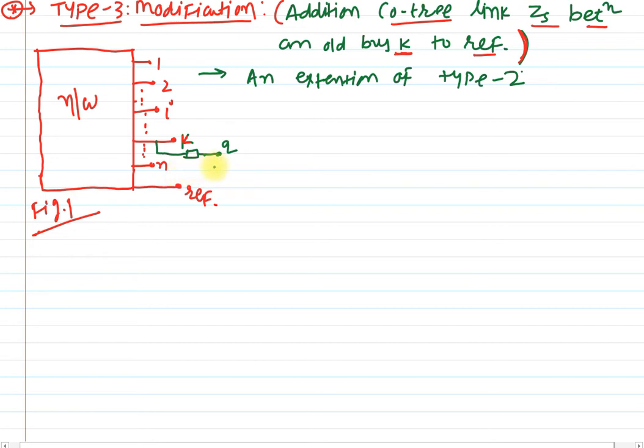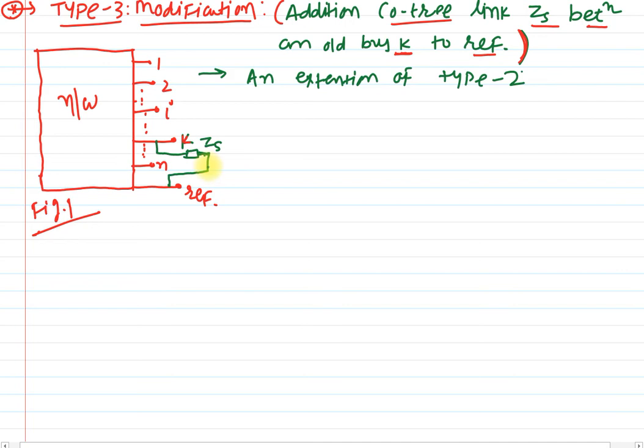But now consider one change in type 3 modification, where the new bus Q is now connected at the reference bus with the self impedance ZS.